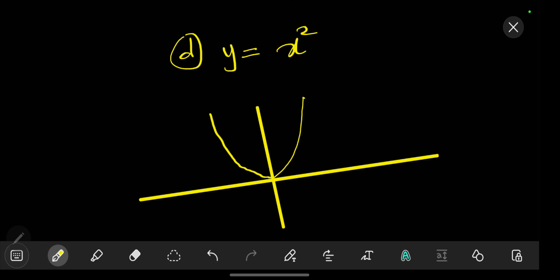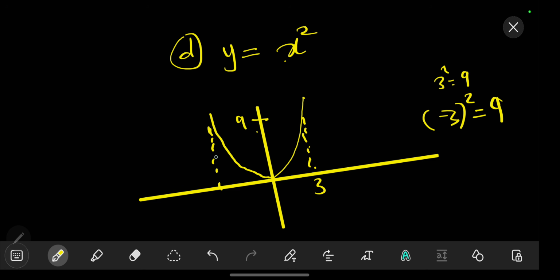Let's say one y value, 9, is produced by 3: if you put 3 here, it will be 3 squared, which gives you 9. Whether you put 3 squared or negative 3 in brackets squared, it will still give you 9. So this 9 is being produced at 3, and it is also being produced at